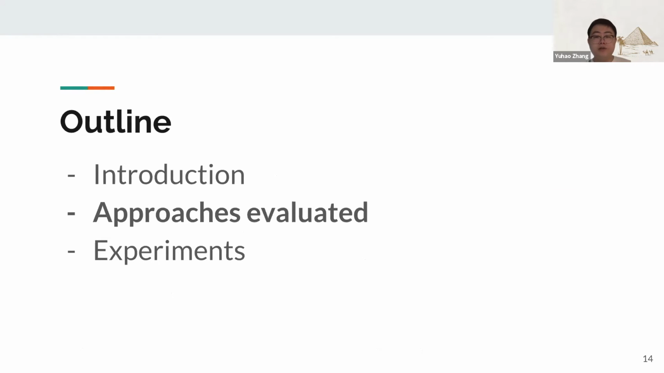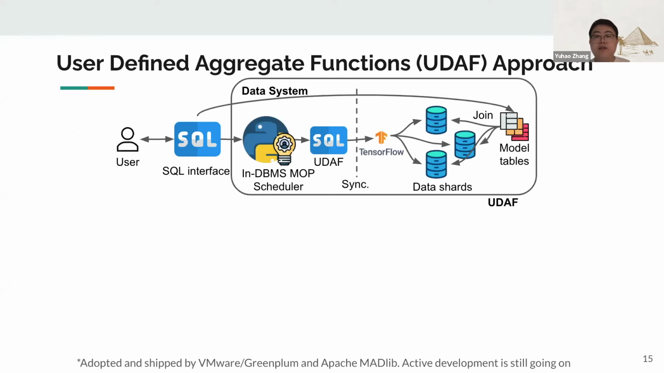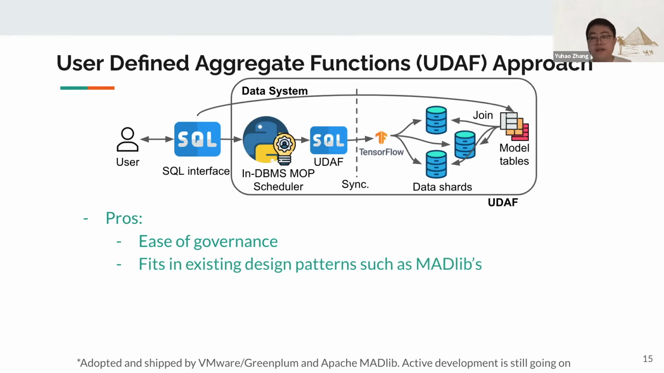Okay, the first approach is through the UDAF extension of the DBMS. We basically translate the deep learning training tasks into UDAFs, which then invoke TensorFlow for deep learning. The pros are ease of governance, and it fits in existing design patterns such as MADlib's. In fact, this approach has been adopted by MADlib. The cons are overheads accessing data from the DBMS to Python and TensorFlow, and there are synchronization barriers imposed by